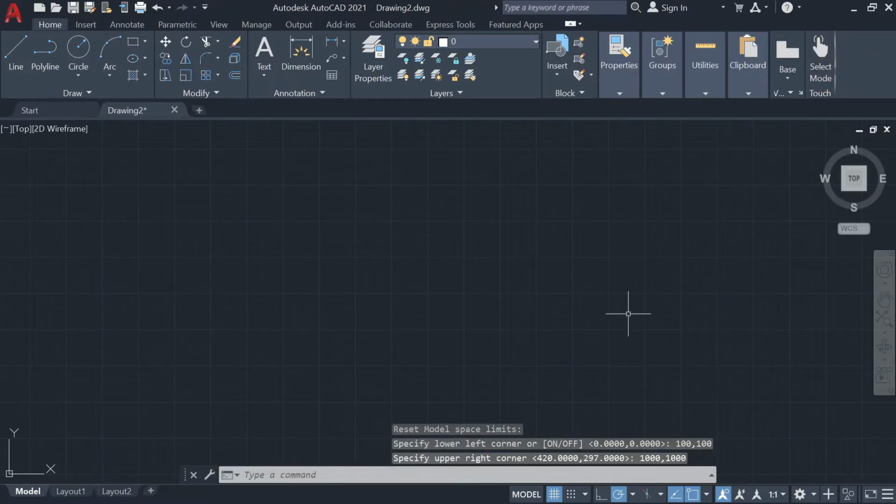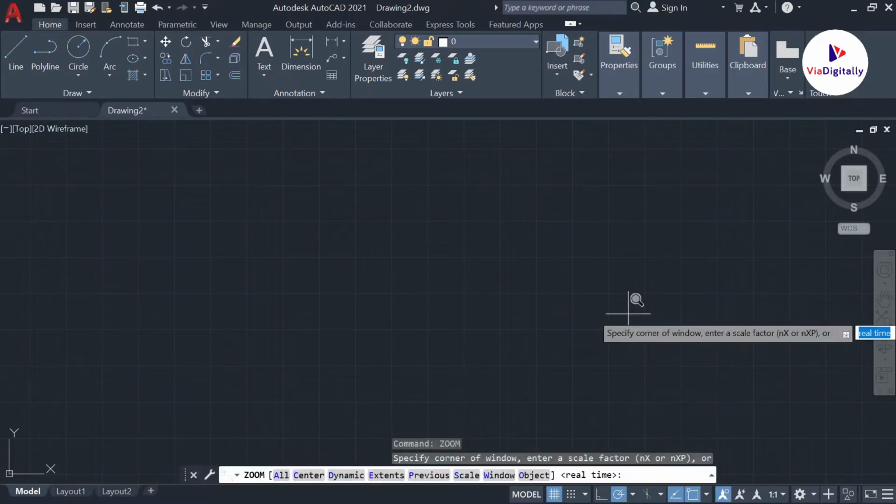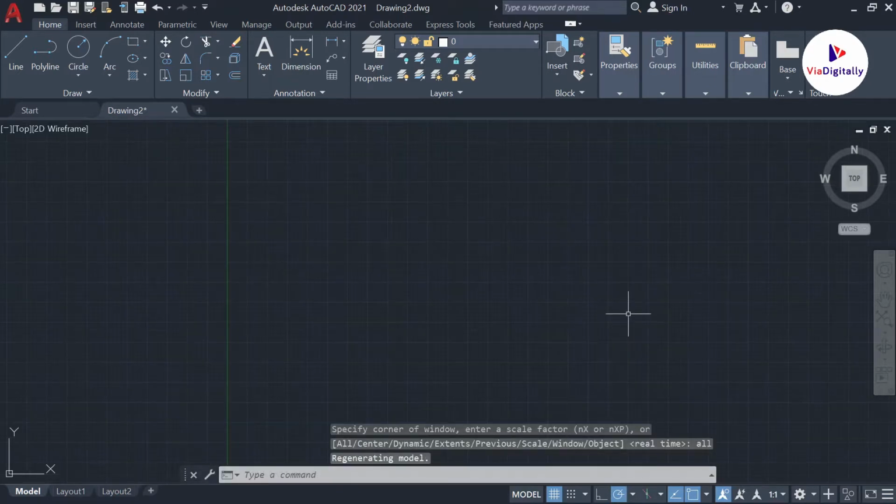So limits are set. Now I'm just setting my screen. For that I am using zoom and then all. The whole limits from one corner to the other corner are previewed in this single window, so we don't need to zoom in or zoom out.